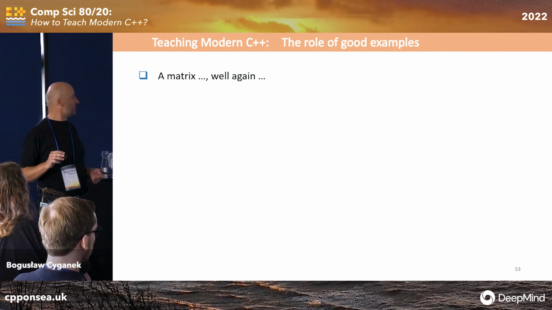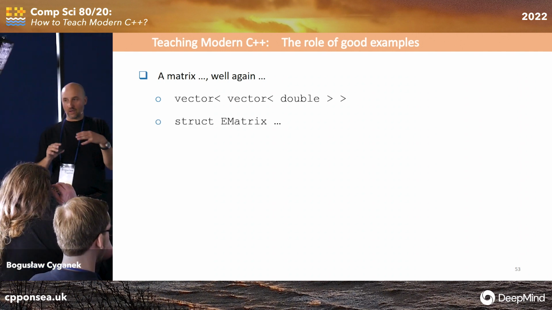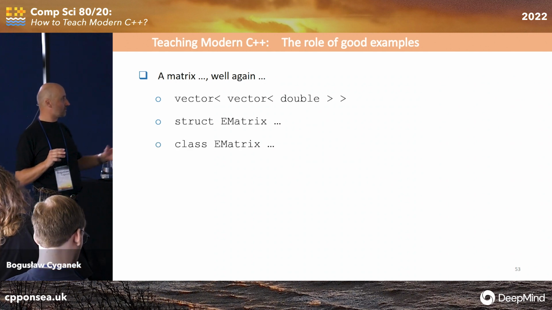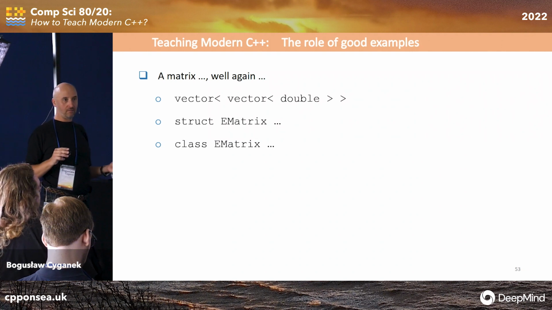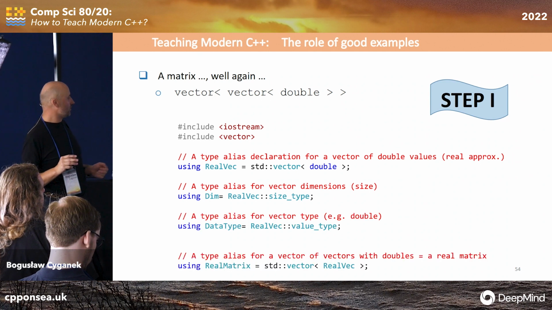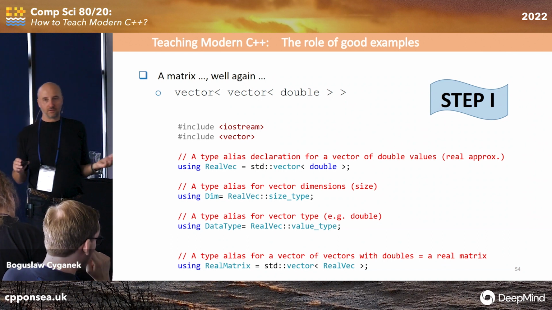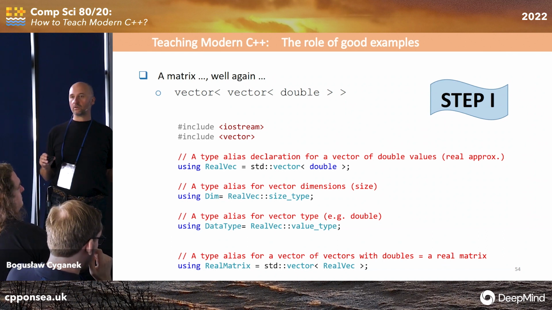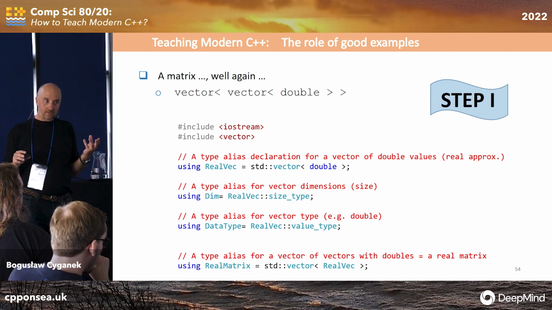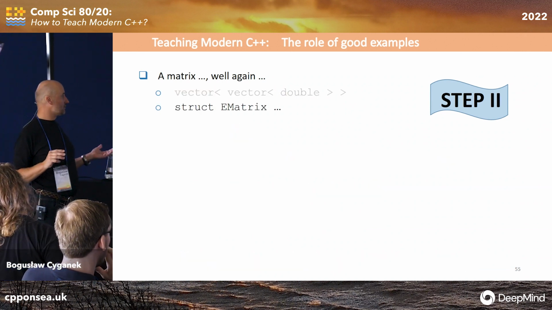For basic learners, a matrix, we can do a vector of double, that's fine. But then we can make a wrapper in a simple structure, and finally you can make a class Matrix. So how do we proceed? Step one is just like this, using a real matrix like this. It's a matrix, but you have a problem initializing it. Let's try to make a matrix 3 by 4. We will do this, but to explain this to students is not that easy.